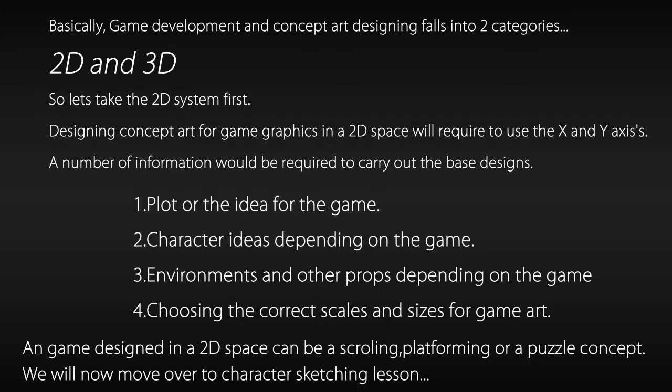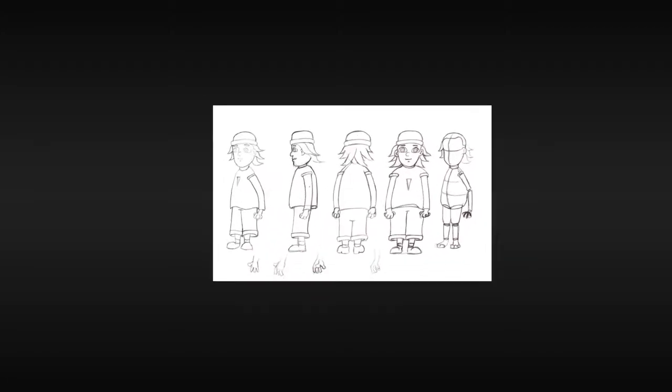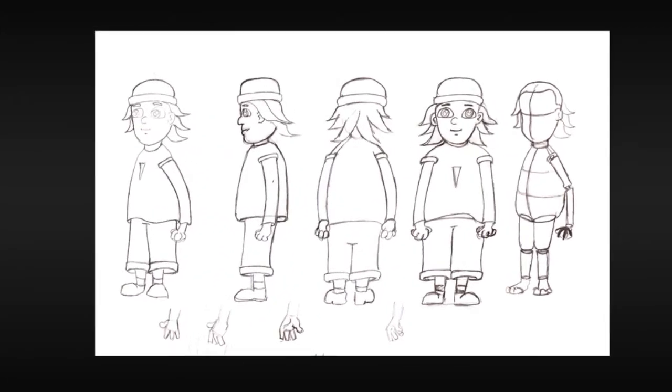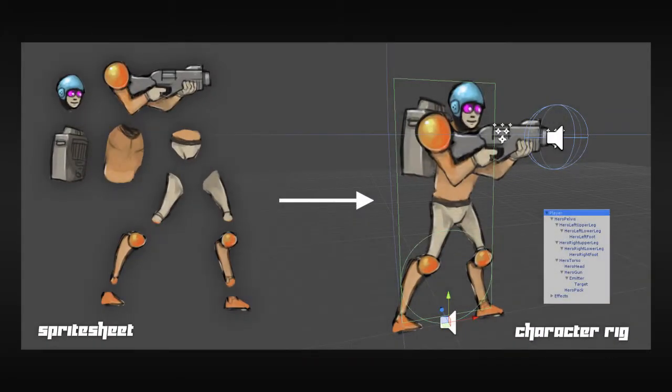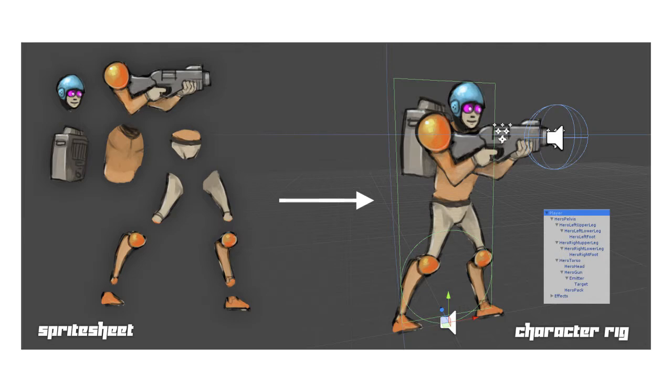We will now move over to the character sketching lesson. Sketching a 2D character is easy, but it requires attention to scale and details. We need to understand the character in its front, side, back and top angles. And keep in mind that we will need to separate each arm, leg and other body elements as separate layers